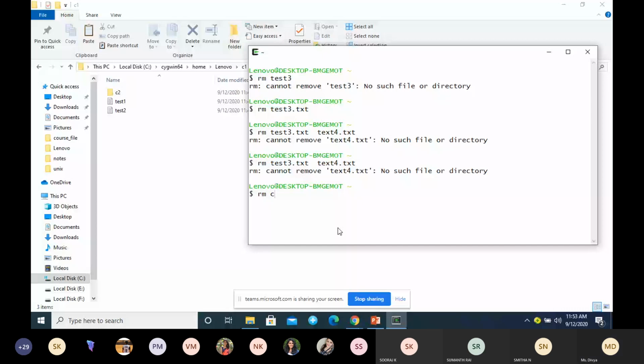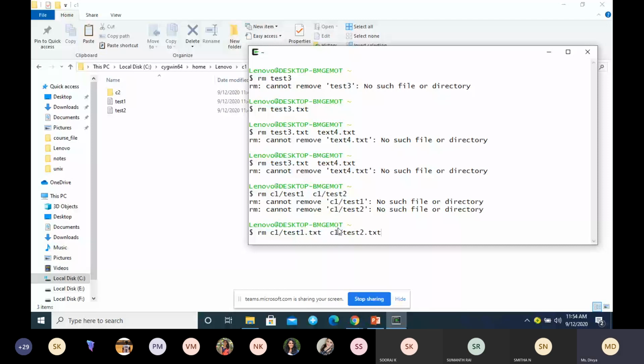Another one is C1, inside that path test2. I can see those two files are removed.